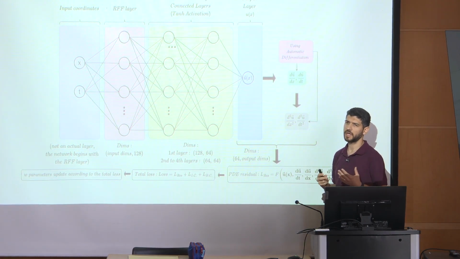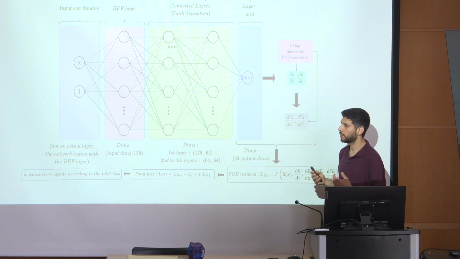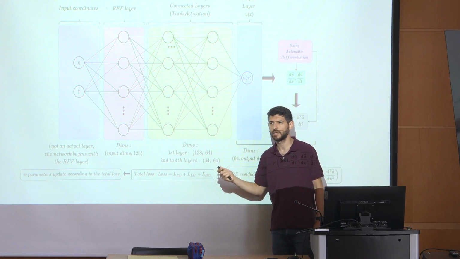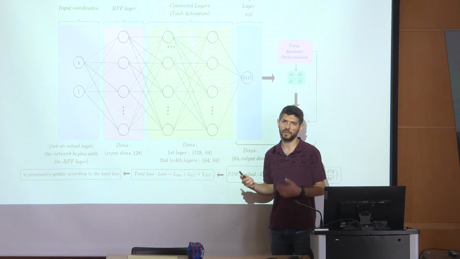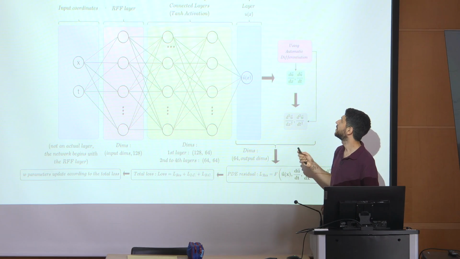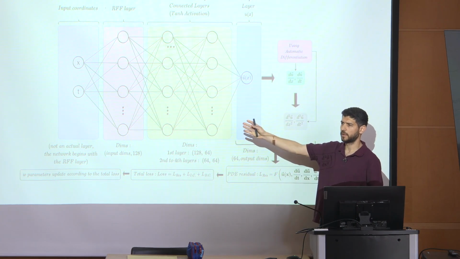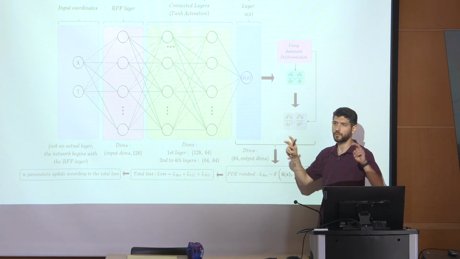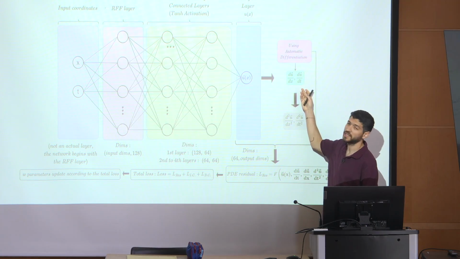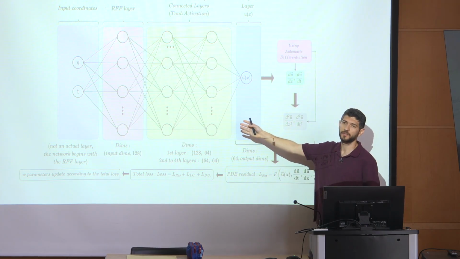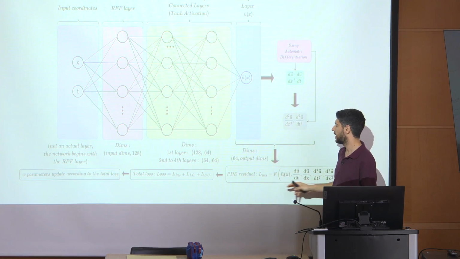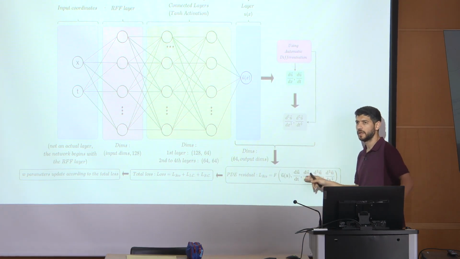The derivatives are very common in neural networks, because to update all of the parameters, you need to use gradients to calculate the new ones. So if you want the derivatives themselves of the output with respect to the input, you can actually get them pretty much for free, because you already calculate them to update the network's parameters. So then you get the derivatives, and you can calculate the PDE that you want, its loss